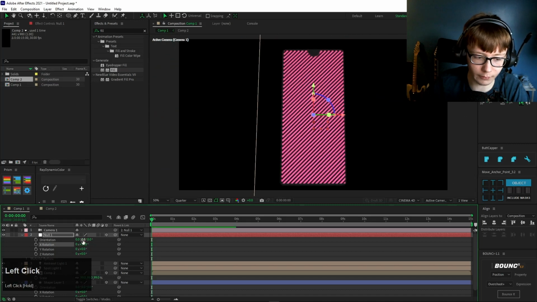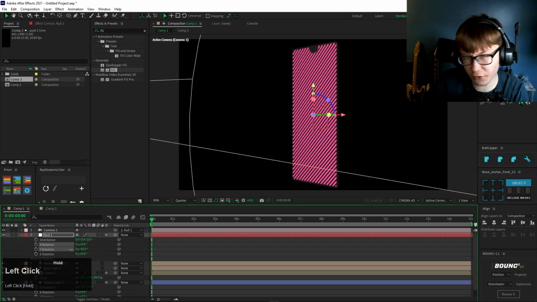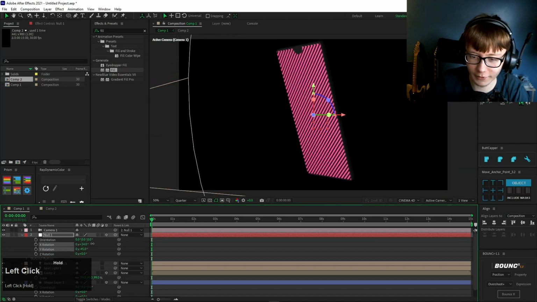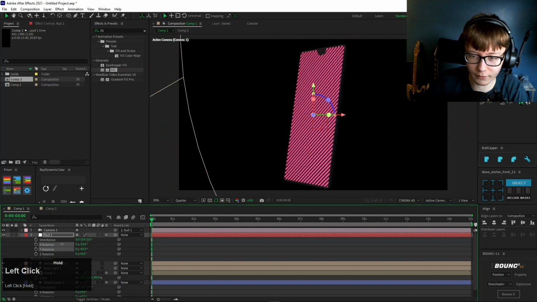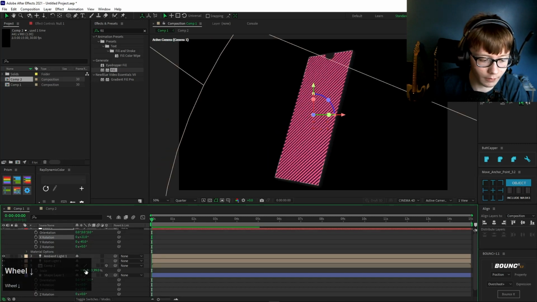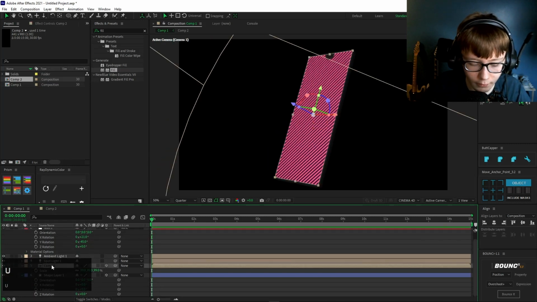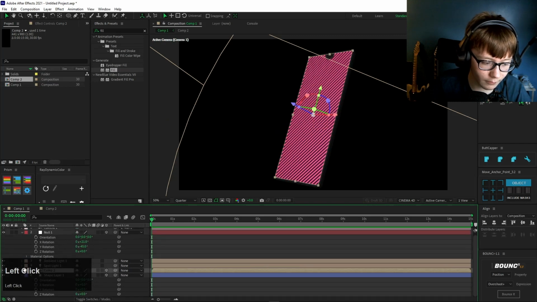I'm going to use quarter quality preview just because it's easier on my computer, and it probably will be easier on yours too, so I do recommend that. And yep, there you go, you can see it being a phone with a display. You can add a little bit of brightness of the display in the composition, so you know it's distinctive of